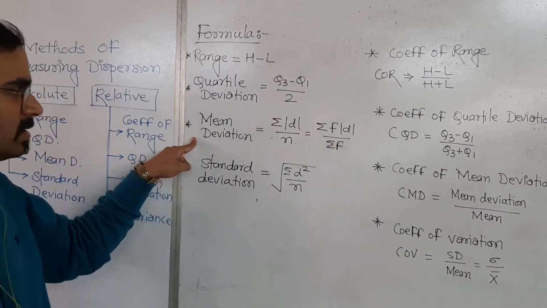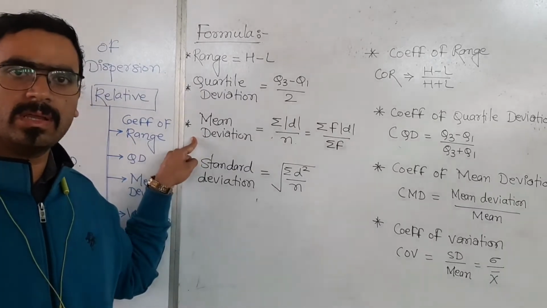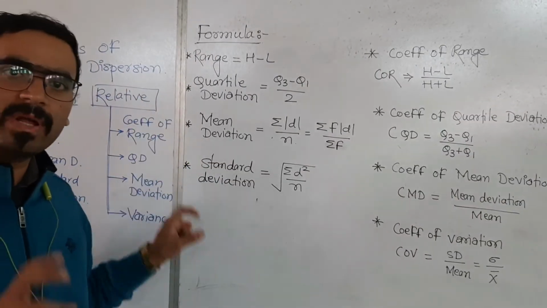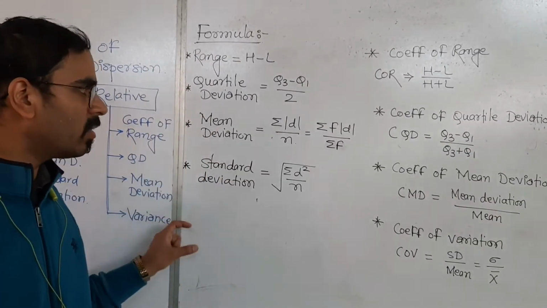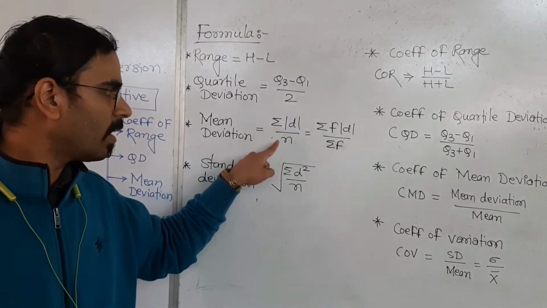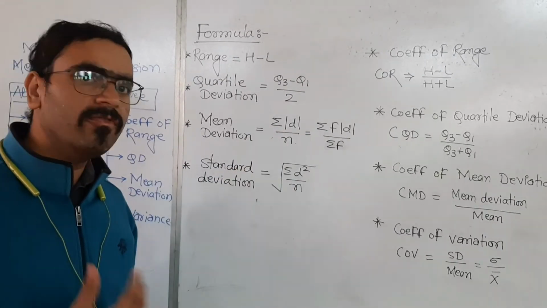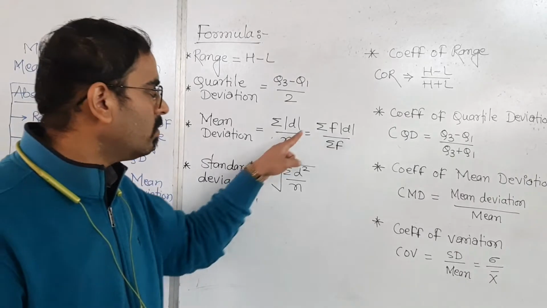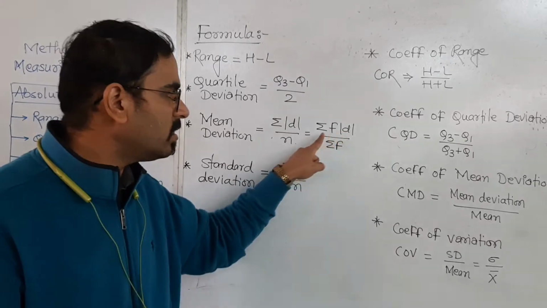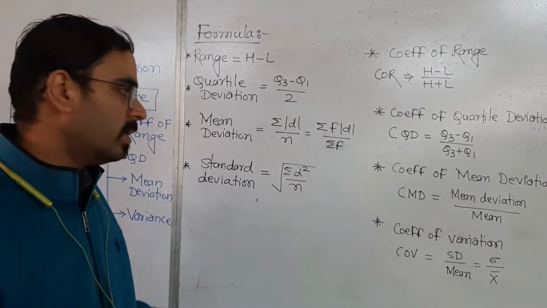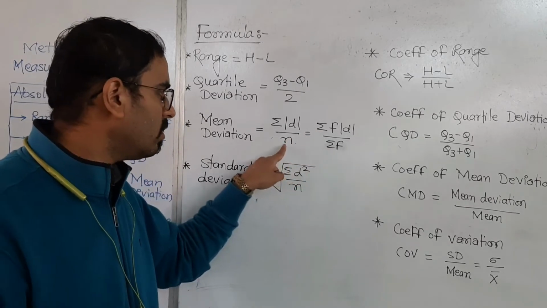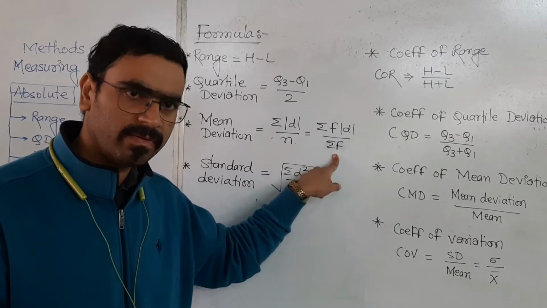After that, mean deviation. We calculate the mean first, and then we calculate the spread or deviation. There will be a separate column of deviation, and after getting that column, we sum it up, get the summation of D and divide by the number of terms. If the frequency is given in the example, we multiply the frequency and the deviation column to get FD, and sum it up at the end to get the summation of FD. When the frequency is given, the value of N is nothing but the summation of F.